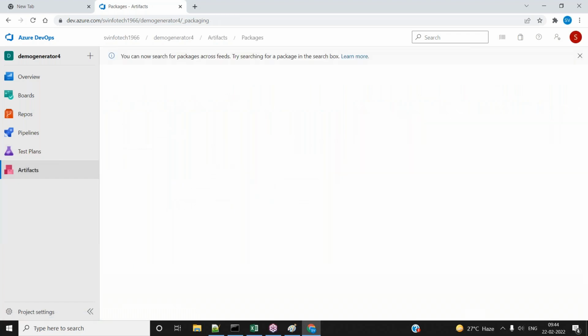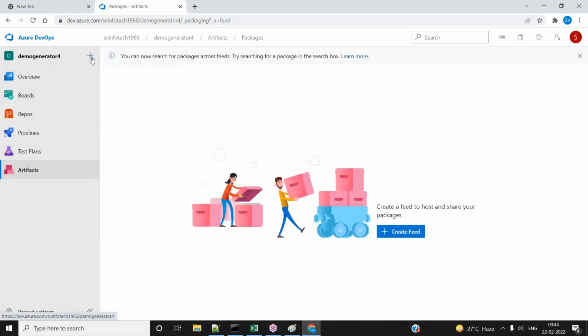The artifacts is again another application feature where the artifacts will be shown. Once any build takes place, the artifacts will be generated. Once the artifacts have been generated, automatically it will be shared among team members. So that is the purpose of creation of artifacts. Okay, fine. Now we will see